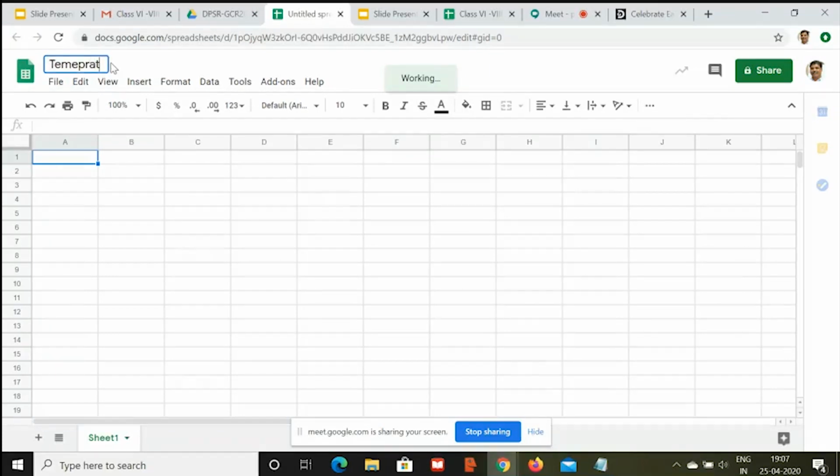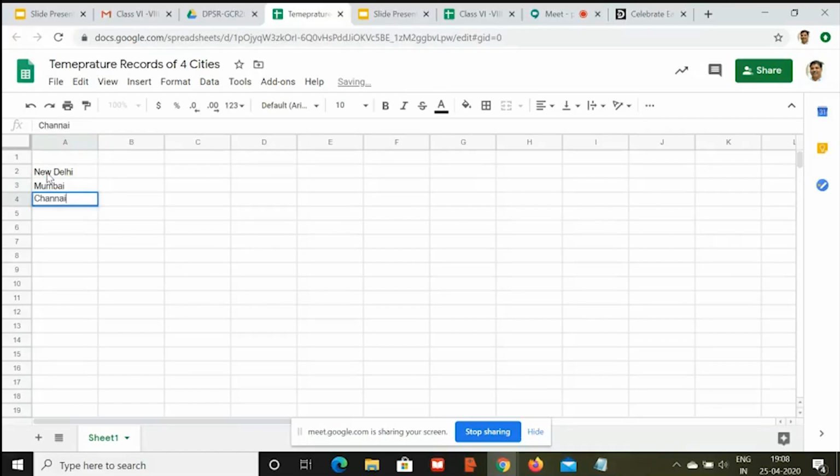temperature of 4 cities. So let's say it is Delhi, Mumbai, Chennai, and Bangalore.